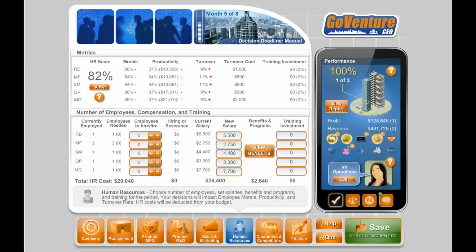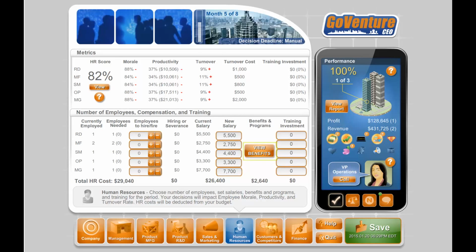For each business function, you also have to determine the compensation to be paid to employees for their work. Compensation includes the salary and benefits. The salary shown here is the average salary per employee per period. For example, if the business period of the simulation is months, then the salary shown here is also in months. Every business that is competing in the same simulation competition will have the same starting salaries. But, you can change your salaries at any time here.